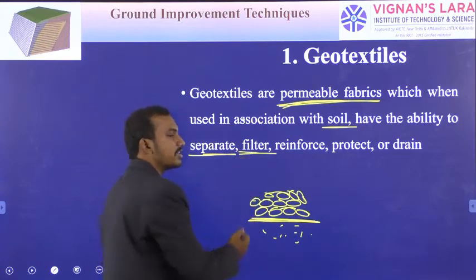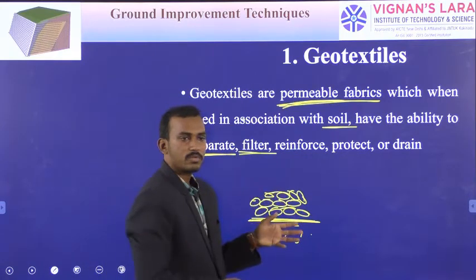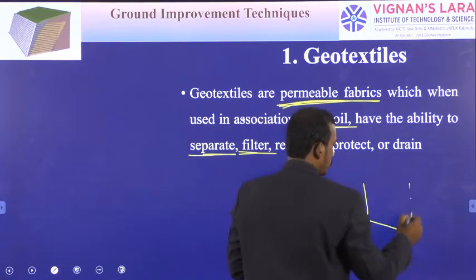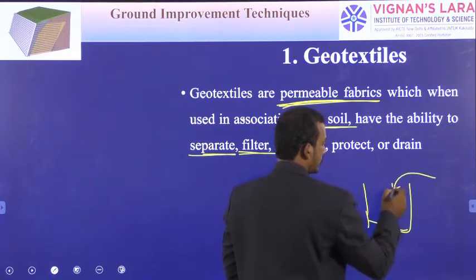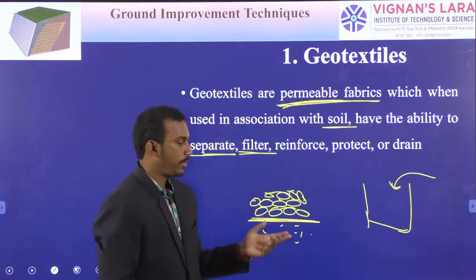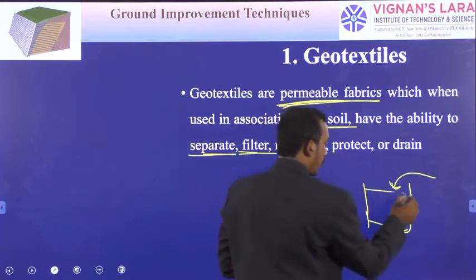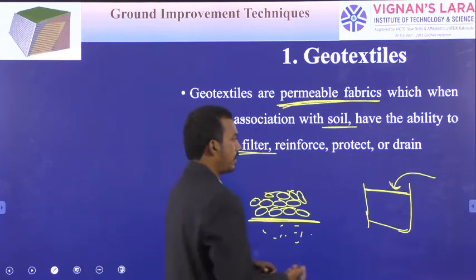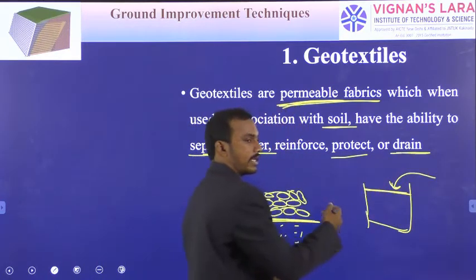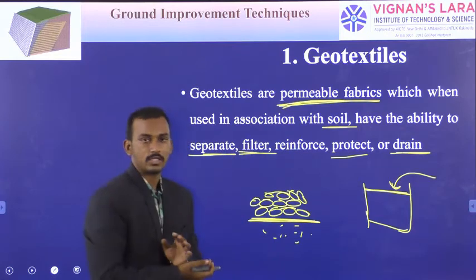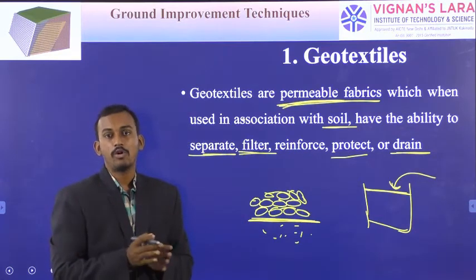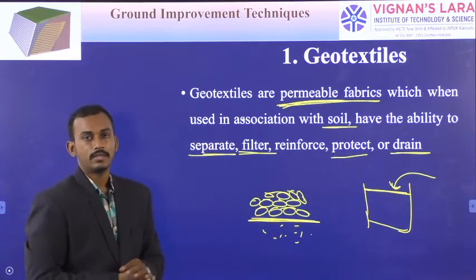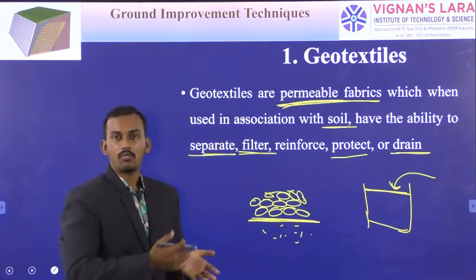And for the filtration purpose, generally filtration is used in percolation pits. So we know what is a percolation pit. Under heavy rains, all the water is flowing into the percolation pit. So there we provide the geotextiles in order to filter the soil from the water, and to protect or drain. As a drain also we can use this geotextiles. Another type of geosynthetic, geopipes, is also available. In that case we can also use them as a drain, that is as an open drain to collect the water. Okay.